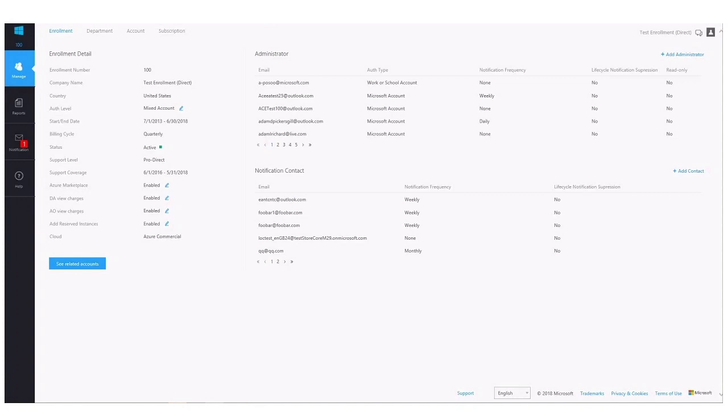Starting at the top, we have the Enterprise Administrator. The Enterprise Administrator adds departments, adds accounts, and also assigns department admins and account owners to those accounts. The Enterprise Administrator has access to all of the cost and all of the usage data, and they'll be able to report on not only how much you're spending month over month, but what each user is doing day to day. There's no limit to the number of Enterprise Administrators that you can have.